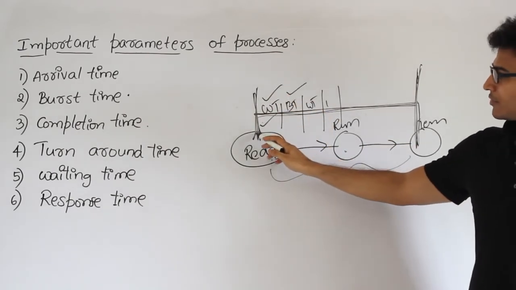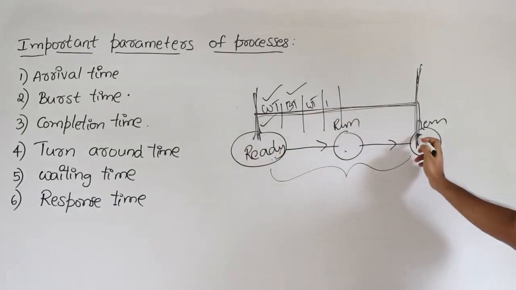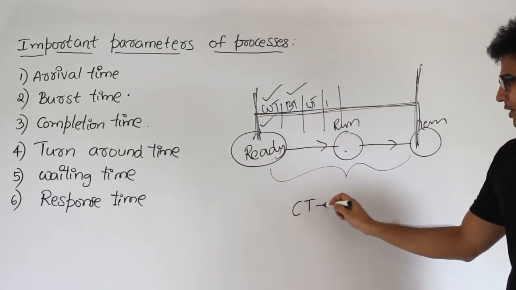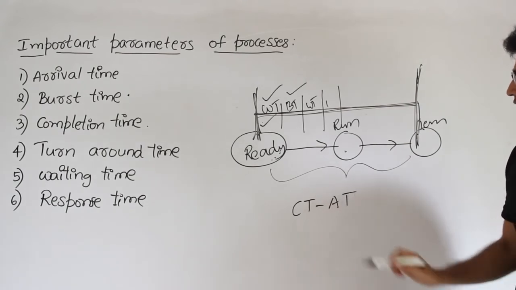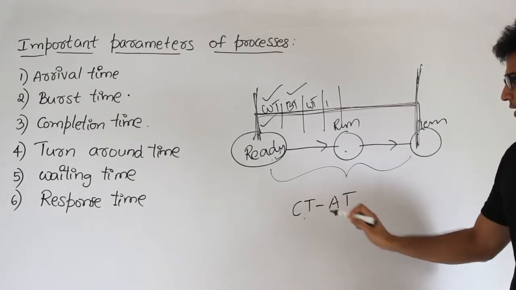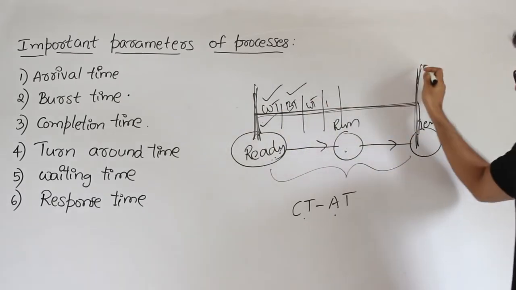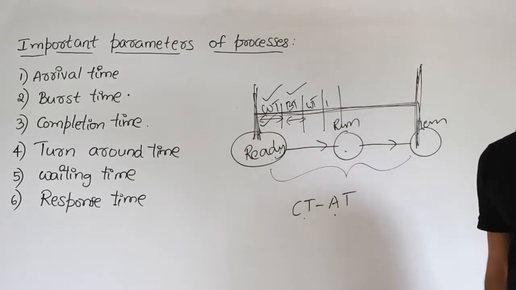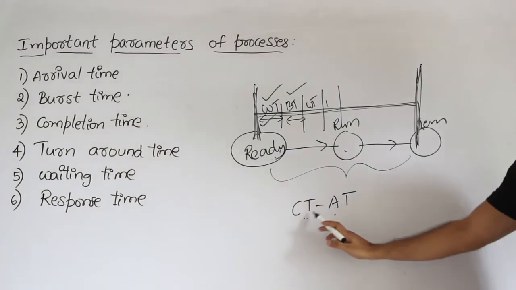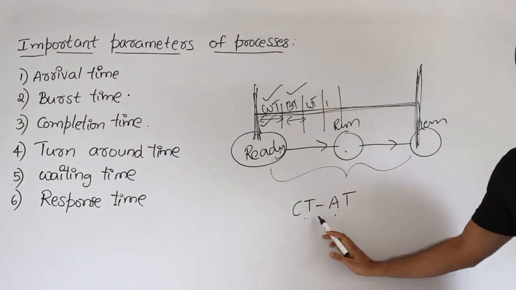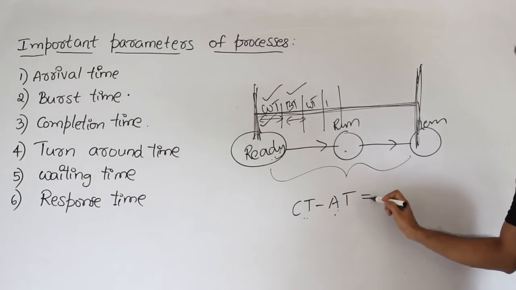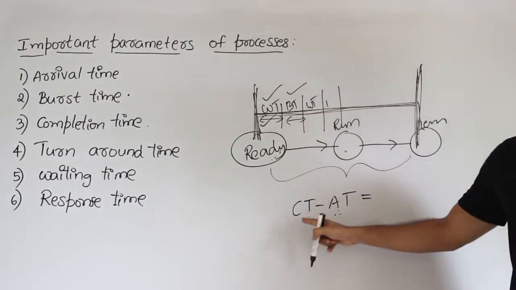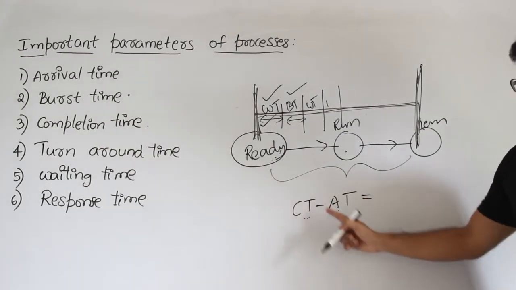Therefore the difference between the arrival time and the completion time is equal to two things, isn't it? Completion time minus arrival time. One more thing: completion time and arrival time are points in time, and waiting time and burst time are durations in time, right? So when I take the difference between two points in time, I get the duration. So completion time minus arrival time means the time at which it arrived and the time at which it completed. Let us say the difference is 1 hour.